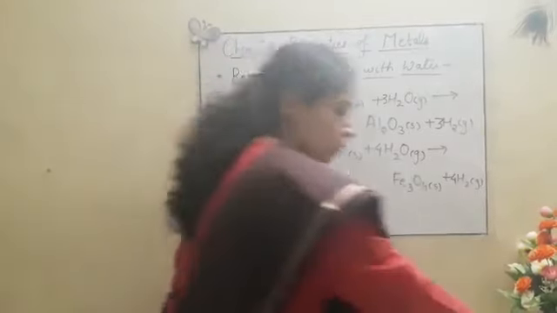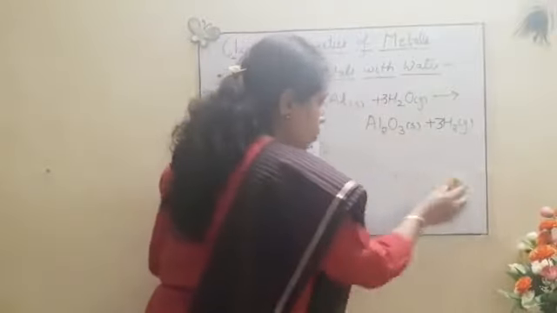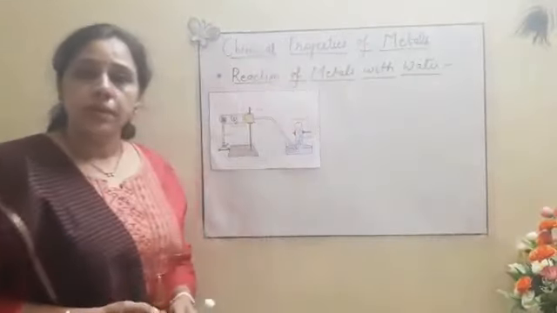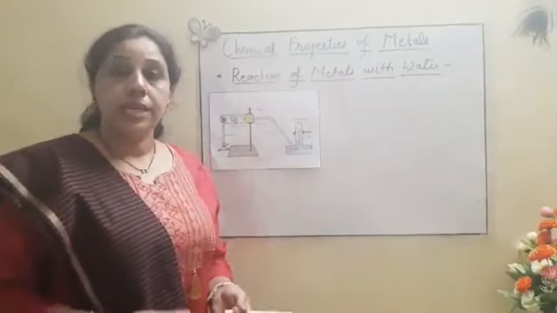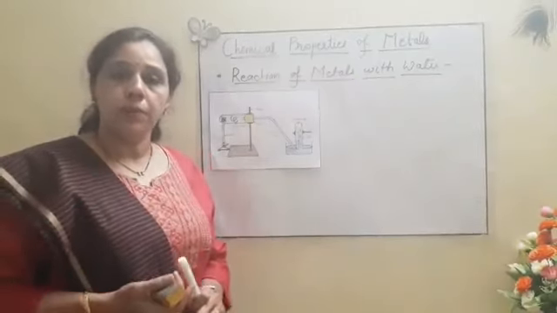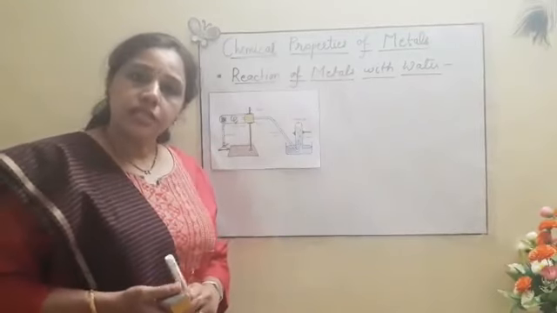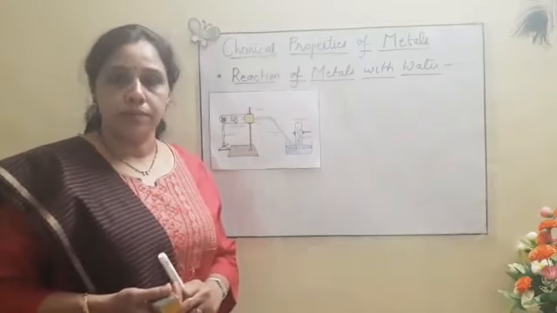Now coming to other metals like copper, silver and gold. In case of copper, silver and gold, if they are mixed with cold water or hot water, or if the reaction is carried out with steam, it is observed that in none of the cases the reaction happens. It tells that all these 3 metals, copper, silver and gold, are least reactive. That is why they are not able to displace hydrogen from water.